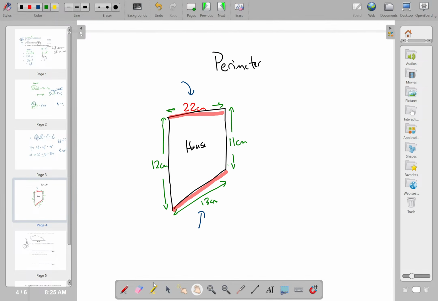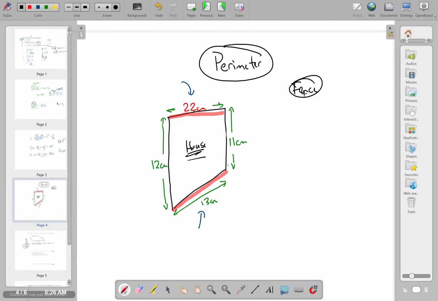Okay? Now, let's go into what the perimeter is. Now, this is the house. We want to build a fence around the house. If I want to build a fence, obviously I'm going to place the fence around my house, so it can cut off from the next house or from wherever. It creates an organized space. So then now, to find the perimeter,